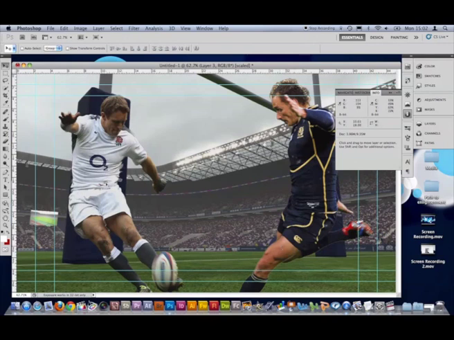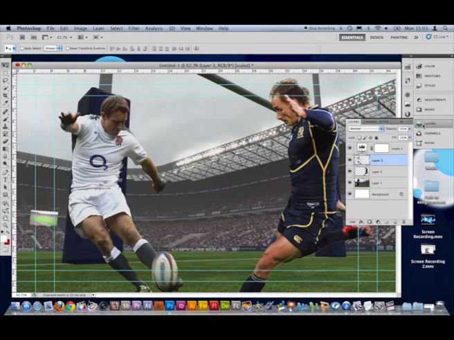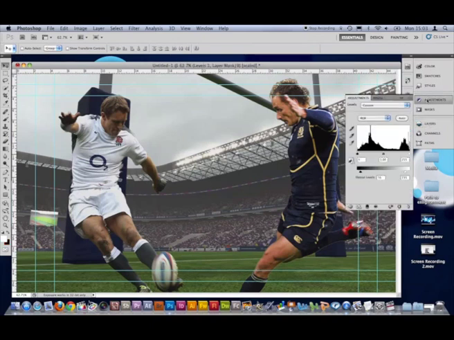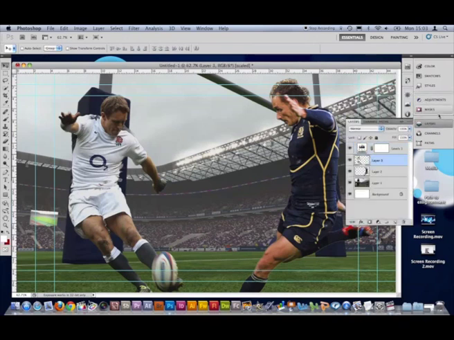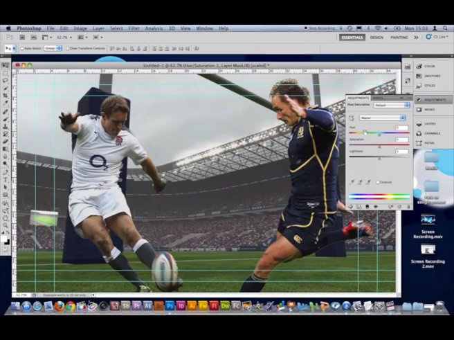Now if there was anywhere glaring that jumped out and said, oh yeah, this is definitely too high, then what you need to apply is another adjustment layer, and that would take care of it for you. If I have a look in layers, this is the first adjustment layer I made. Go up to adjustments, don't have a layer selected, and the one I would usually recommend is hue and saturation, because it gives you a really nice level of control over the colours. So if I bring up a hue and saturation adjustment layer,